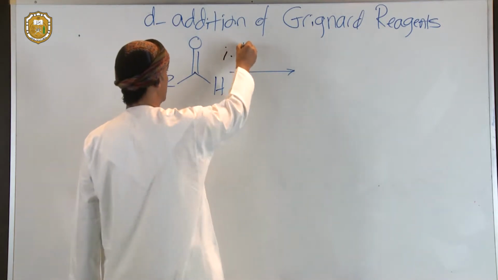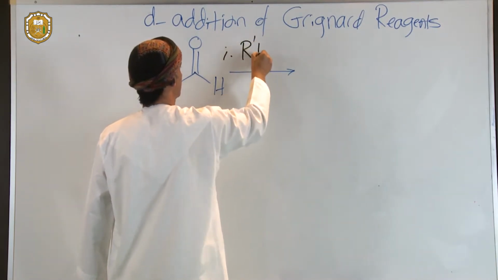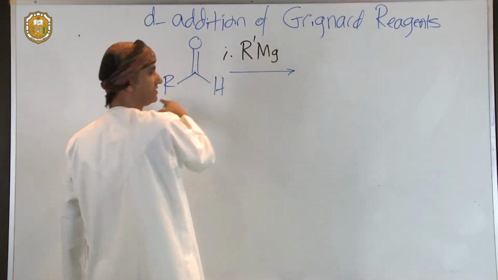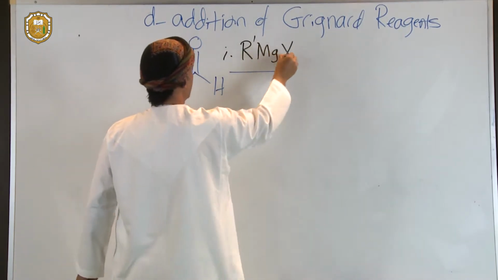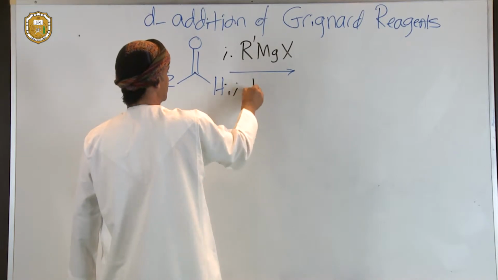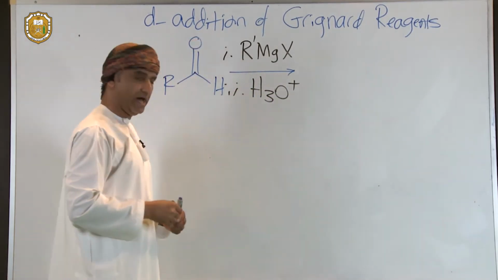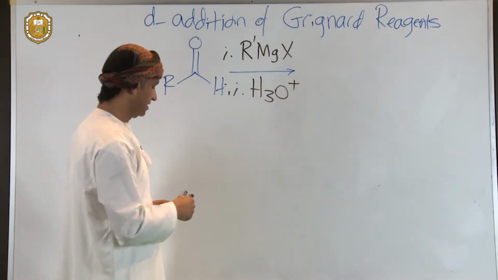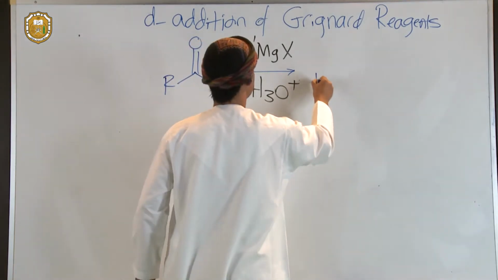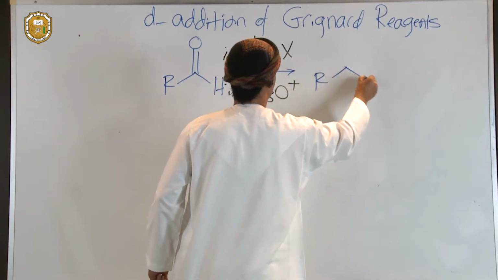The first is addition of the Grignard, R prime, for example, just to make it different from RMgX, and in the subsequent step, reaction with the hydronium ion, or protonation, and the product that's obtained is this,